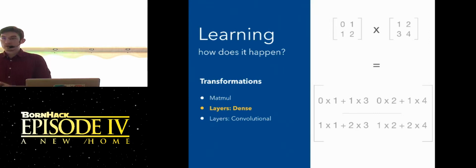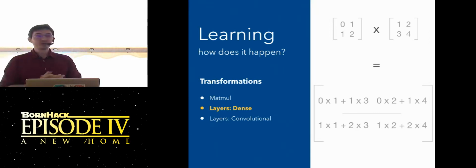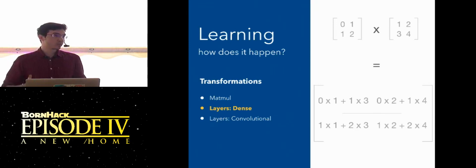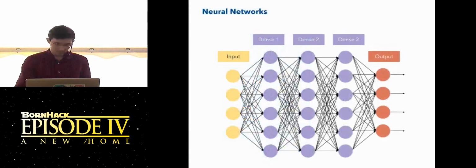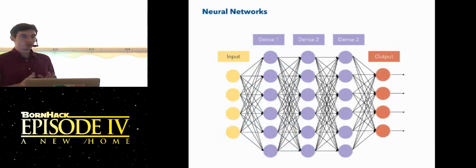Now, you probably heard the term neural networks. And since I'm trying to demystify a lot of those terms, a neural network is really just a bunch of operations like the matrix multiplication stuck together with some bonus stuff that is changing the way it behaves. So I now have to talk about neural networks a little bit. This is a very simple diagram of a neural network.